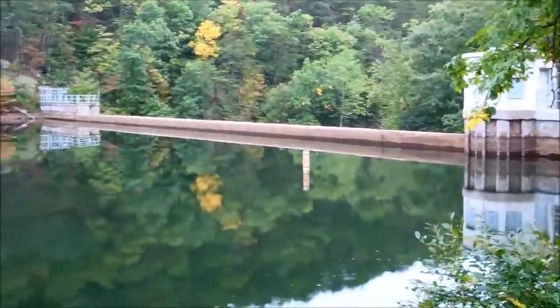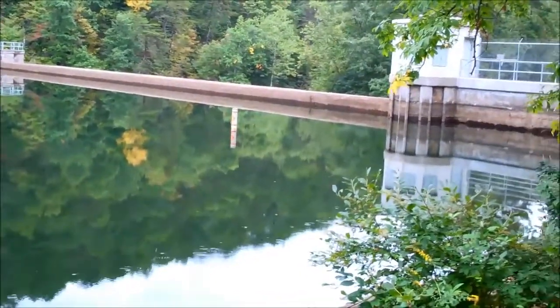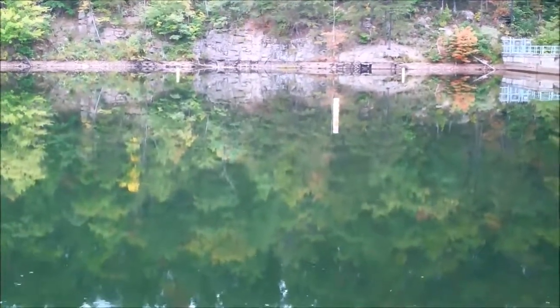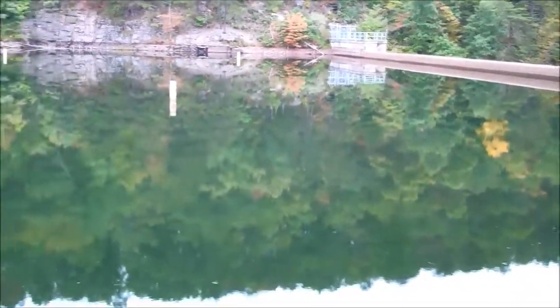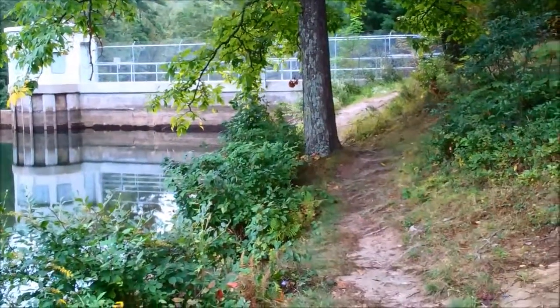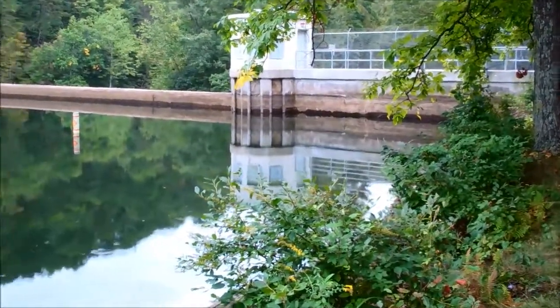Doing my weekly hike here, and of course I couldn't find the trail that I was going to go on, but I happened to be in an area that was familiar to me as a kid anyway, and a place I used to camp at a lot, and it's called Staunton Dam. It's been a while since I've been up here, and they've done some things to kind of stop people from going out